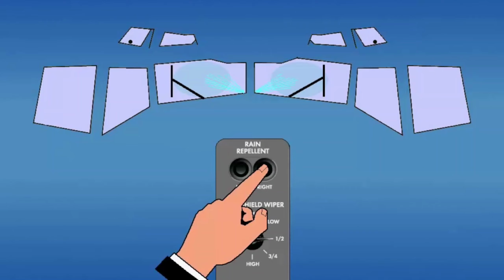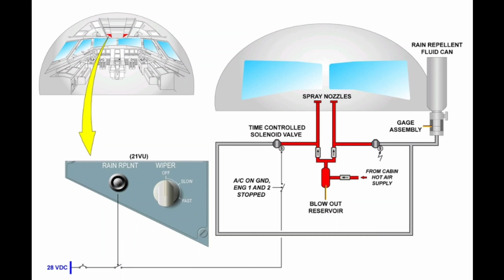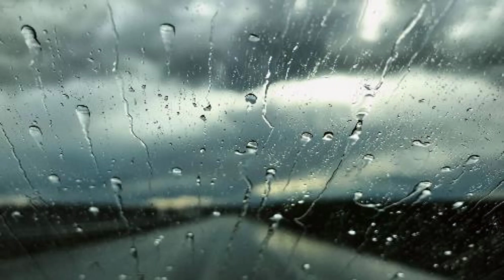The rain repellent system, as the name suggests, simply repels the rain, or you can say it doesn't allow the rain to stick to the surface of the windshield, thereby providing better visibility. In heavy rains, a rain repellent liquid stored in the pressurized container may be sprayed to windshield to improve the visibility. This doesn't work automatically and it is an on-demand system, means it works when the push button is pressed.